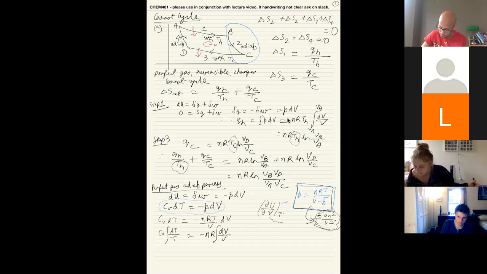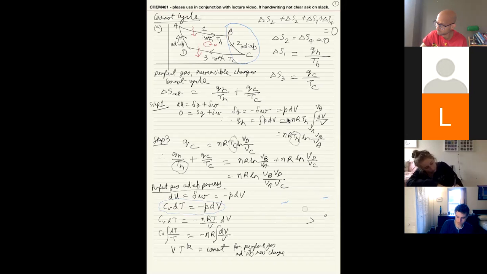What do we get? We get V T to the power k is equal to constant. And we have seen this in the past for an adiabatic process. I really don't care for the value of k here. What is the value of the constant? I'm just going to leave it as it is. So V T to the power k is equal to constant for a perfect gas adiabatic reversible change. I'm going to delete this from the notes. If you have been watching the video, you know what it was. Otherwise, it's just going to create distractions during the course of the notes.